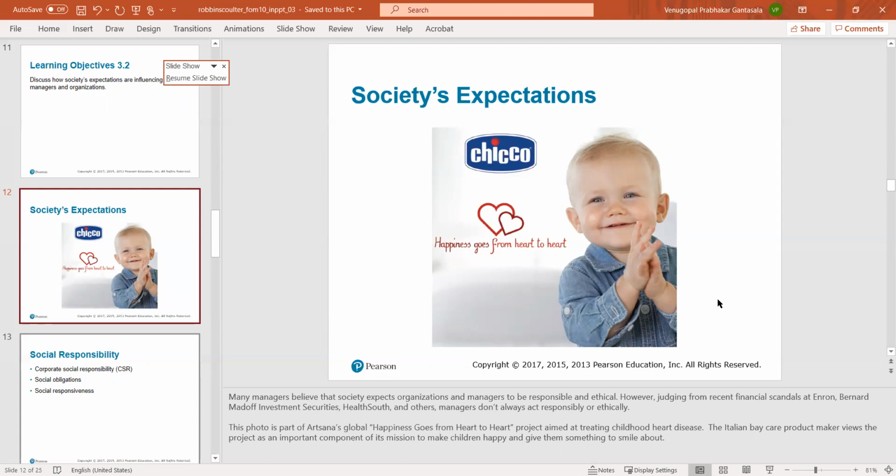This is a company called Artsana, an Italian company which produces baby care products. And look at how they've positioned themselves. There's no product there. They're not talking about the company Artsana baby care products. No particular product is being shown here. This particular advertisement simply talks about happiness goes from heart to heart. And that's a classical example of how companies look at themselves, feeling more responsible, feeling ways to give back to the society. That's where this is from, society's expectations,